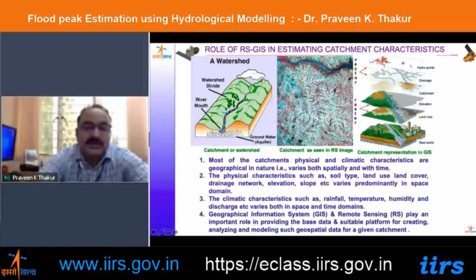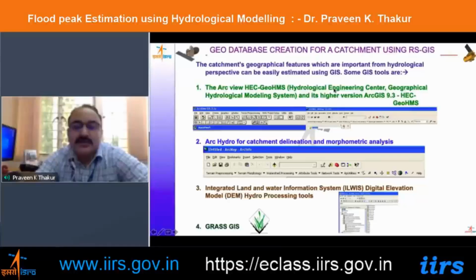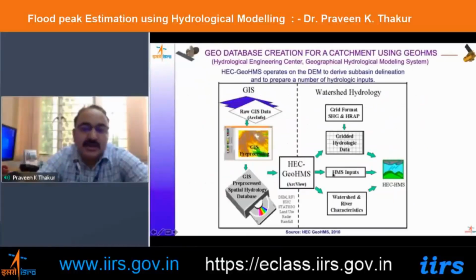So this is the part where we generate all the input data sets, the GIS preprocessor, and once it is ready, we export it into the main hydrological model, where we will be integrating the meteorological data and the other data, it can be gridded data, it can be point-based data, and then we will choose the options to generate the excess runoff, what are the losses taking place from the precipitation, and how the river routing is to be done